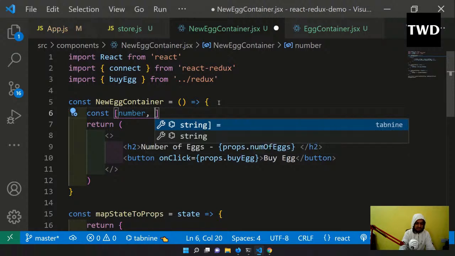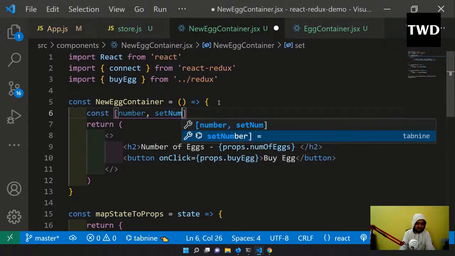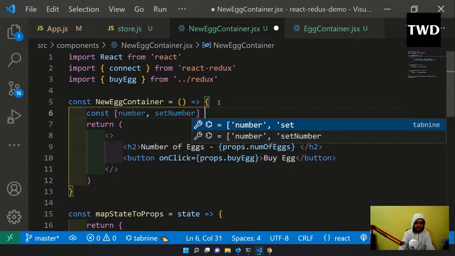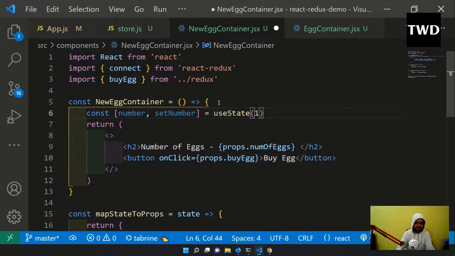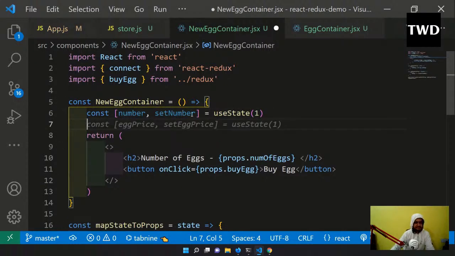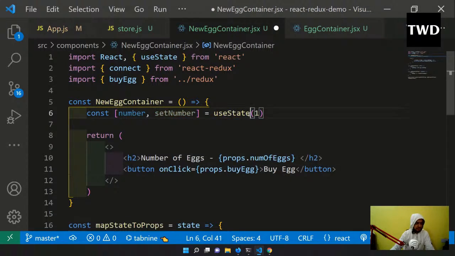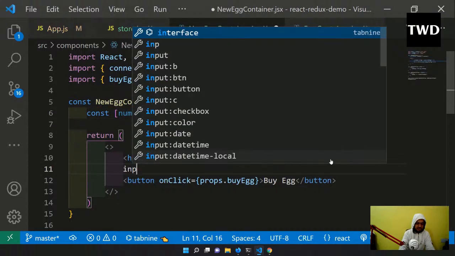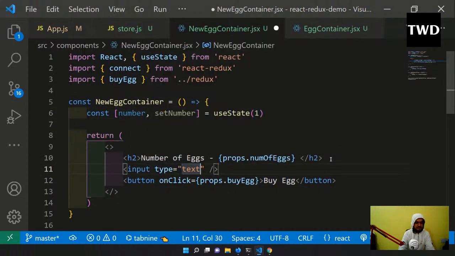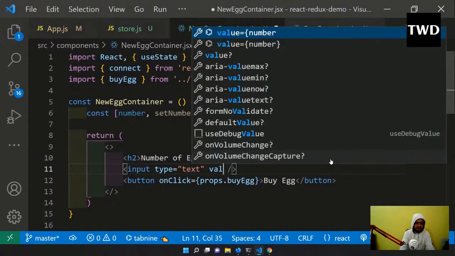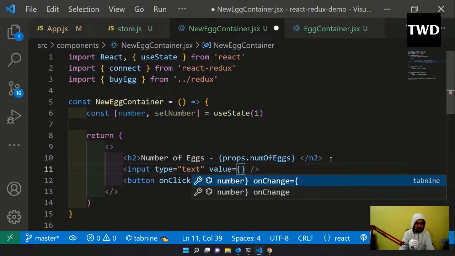const number, setNumber equal to useState of 1. Okay, so the initial value is 1. We have useState imported here. Now in the number of eggs, we're going to have an input box, input of type text, value equal to number,